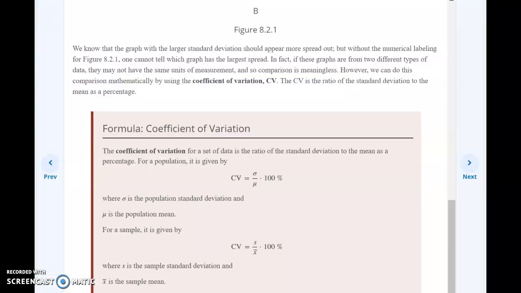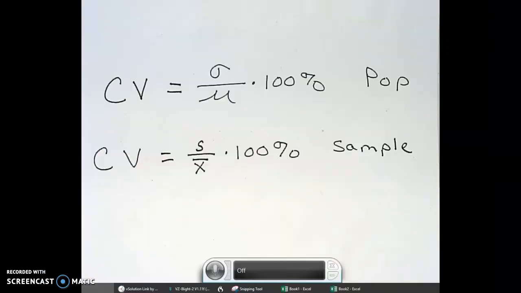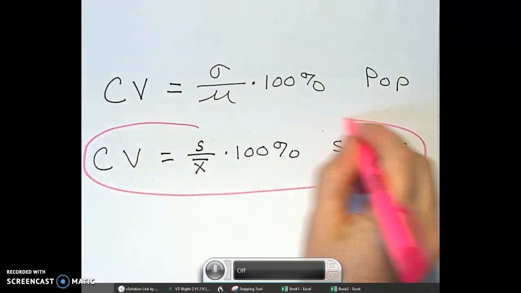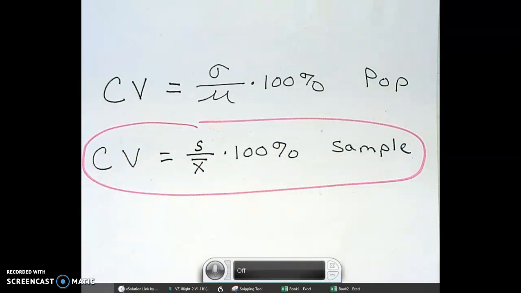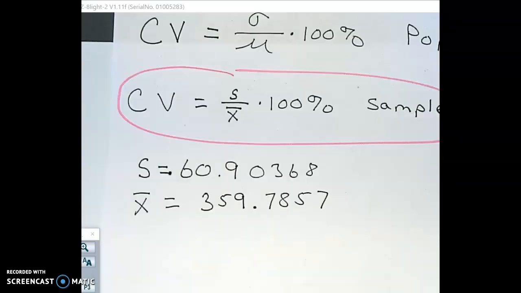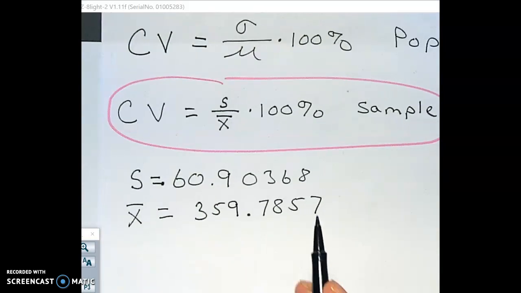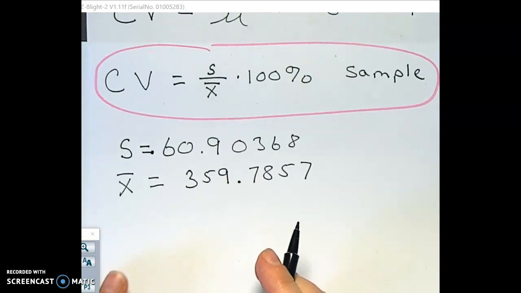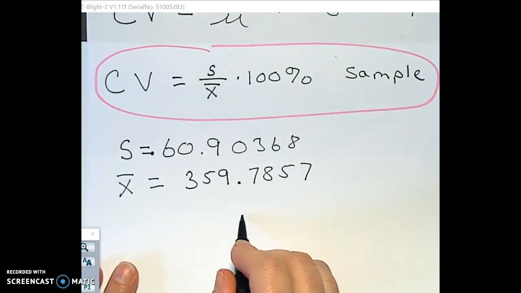Hopefully when you read the Learn section, you took notes on this page that looks something like this. For this problem, we are doing the sample coefficient of variation to see how significant that standard deviation is. In general, when you're calculating, you only need to go one decimal place past where the original data set was once you get all the stuff through Excel. So since all the data in this data set was whole numbers, we can do 60.9